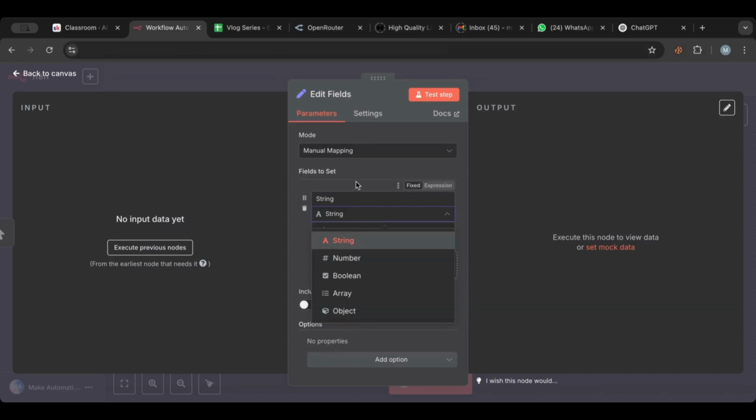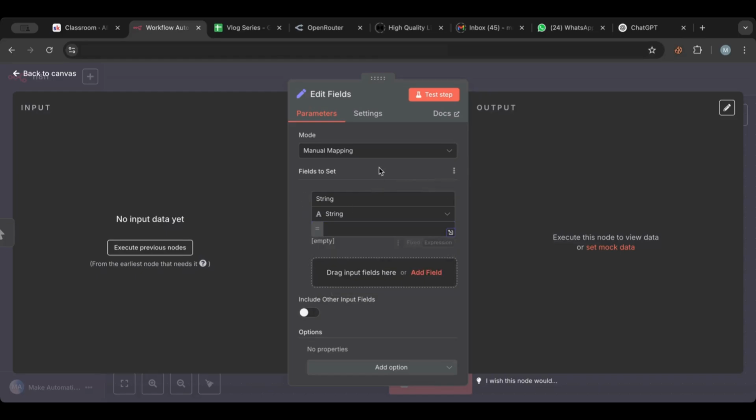I go over these in my courses one by one, so once you're in the community, make sure to check those lessons out, where I go into each and every one of these and explain them. So we're gonna choose string, and once we choose string, now we can start doing